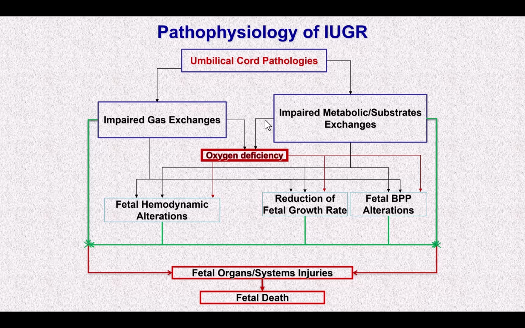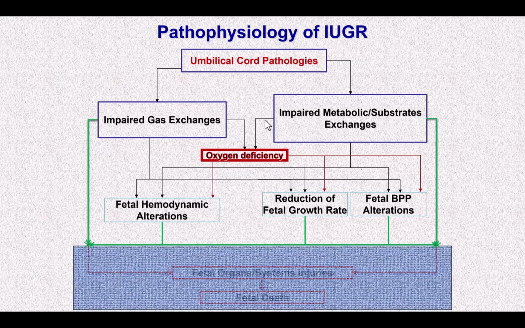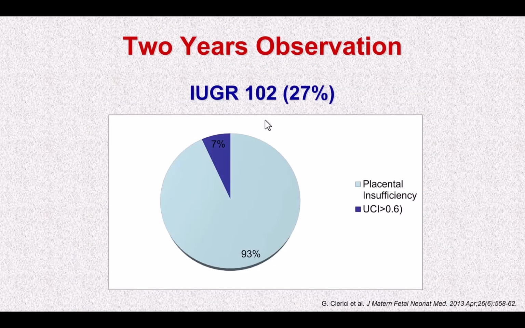The fetus is trying to face this situation, changing the hemodynamics, reducing the growth rate, and this may produce some alteration in the biophysical profile. So the fetuses try to face this situation in order to avoid the fetal organ system injuries and the fetal death. Here you can see the results of our paper published some years ago